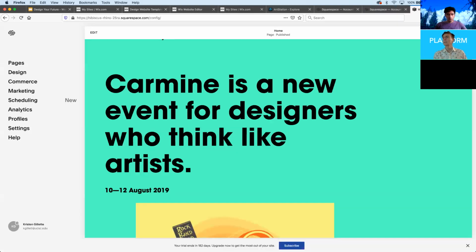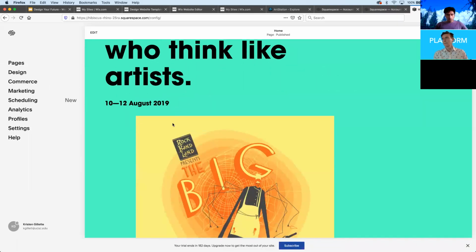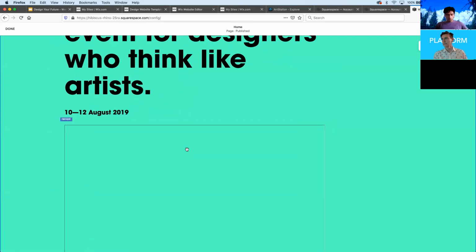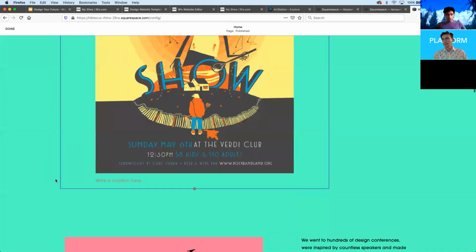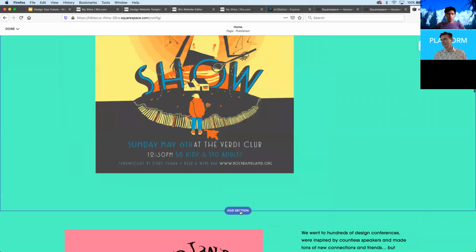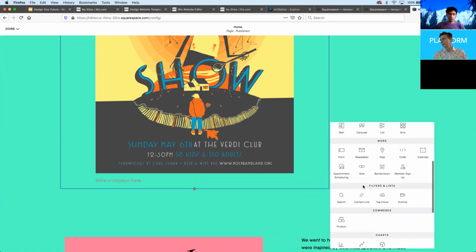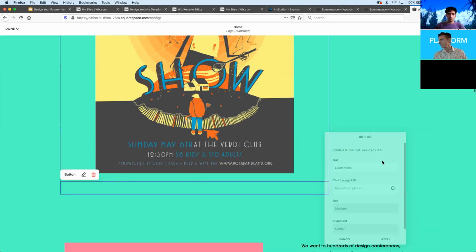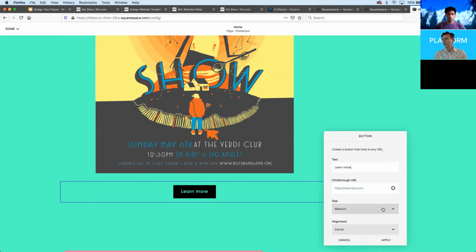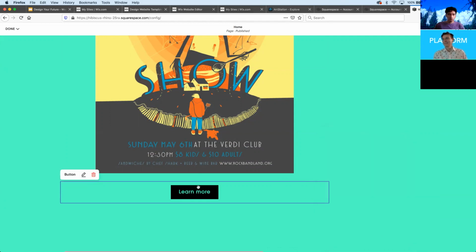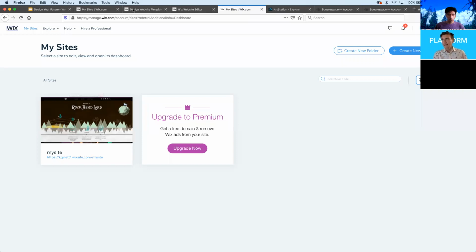Oh, here we go. So for example, let me edit this really fast. I'm going to put a button in here. And so there's a couple of options for the button. Like you can make it small, you can make it large, you can change the alignment, but there aren't the same number of styles. So you compare that to, sorry,